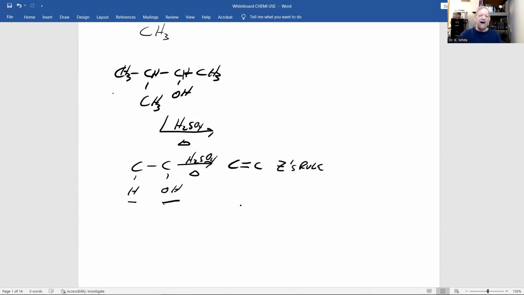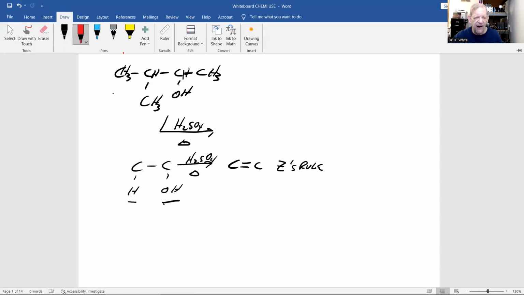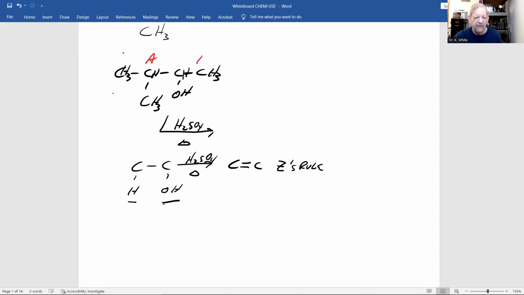You get the double bond that has the most carbon atoms directly bonded to the carbons of the double bond. Well, if we look at this molecule, two adjacent carbons, which I've labeled A and B, both have hydrogens. So if I lose the hydrogen from A and the hydroxyl group,